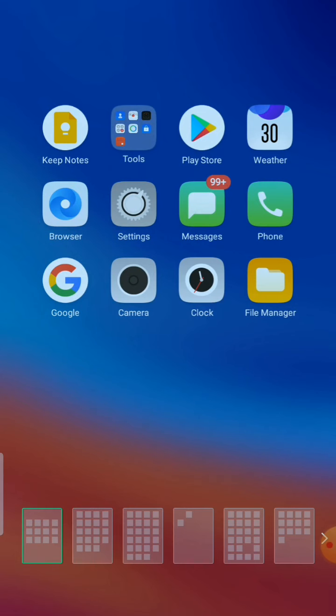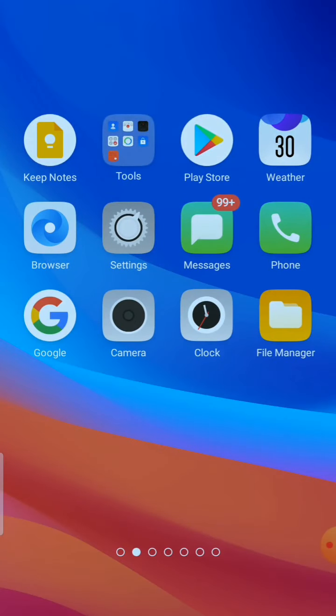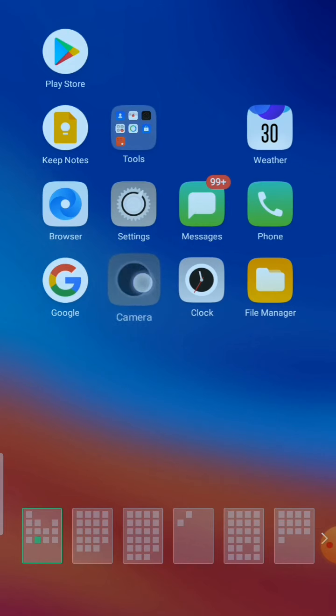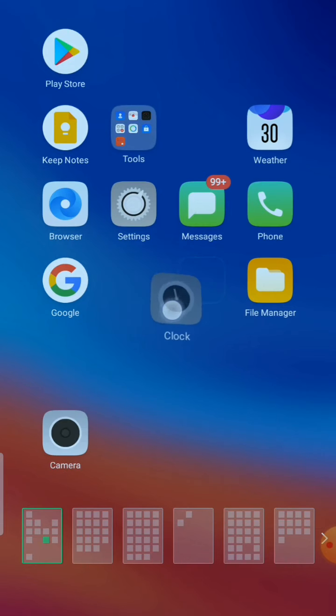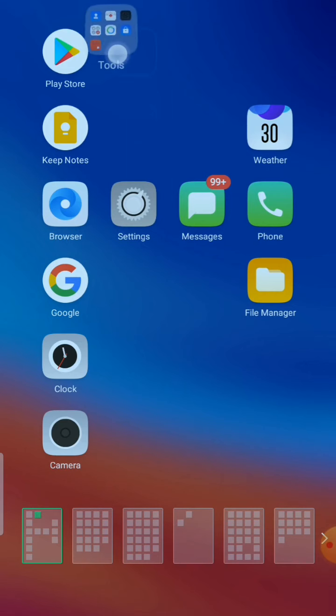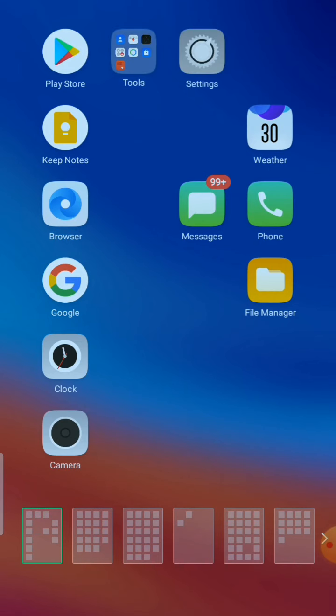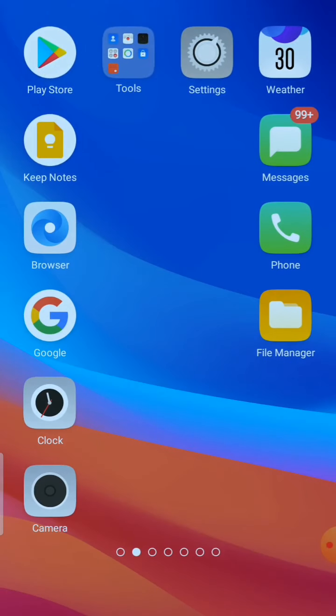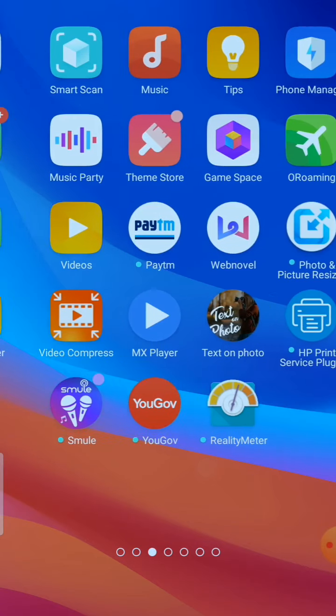So now tell me how the screen is looking. I can give it a good design, like this, you can do this if you want. If you want to make the screen look like this, then you can do this.